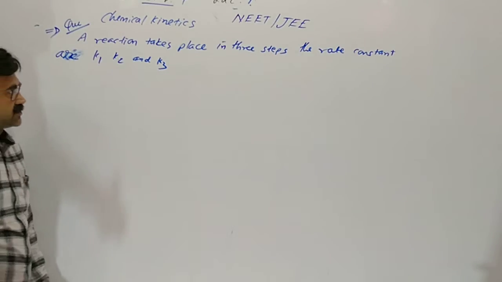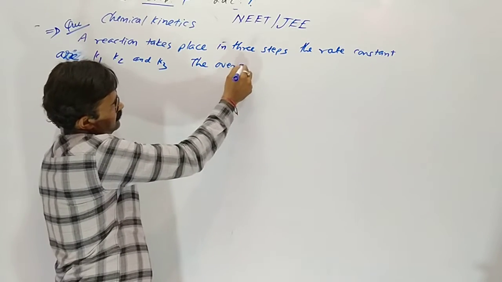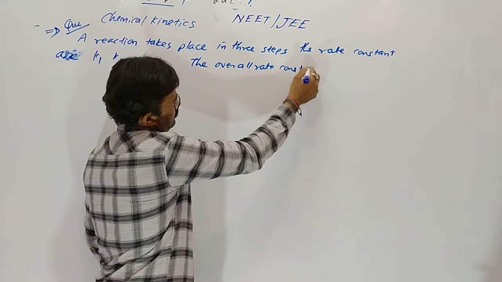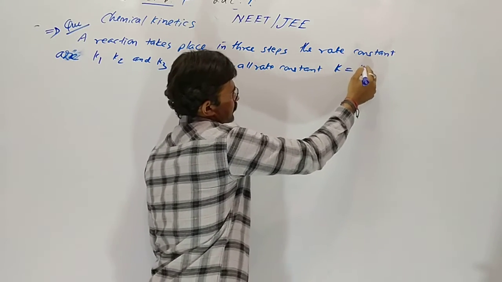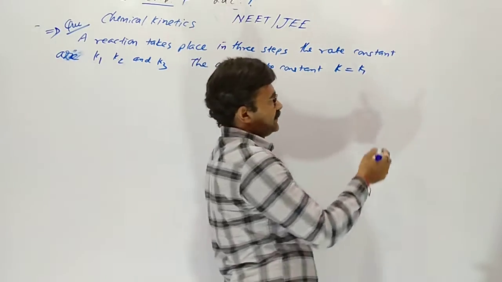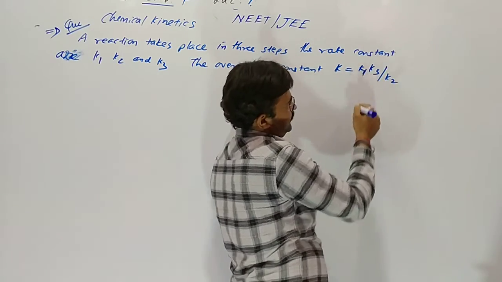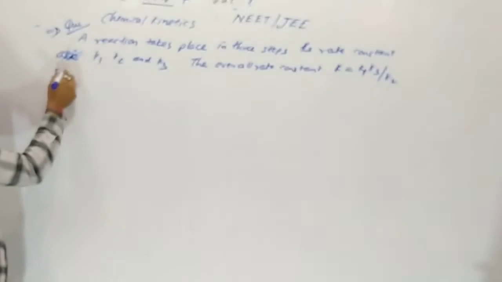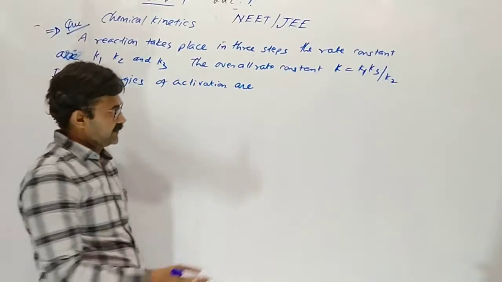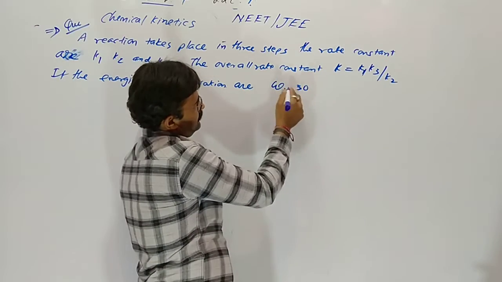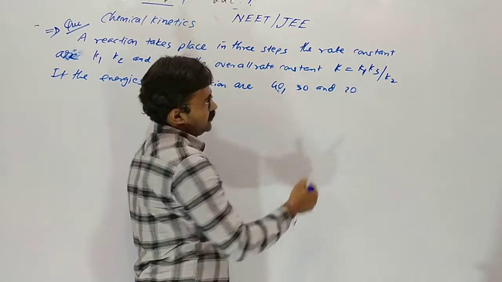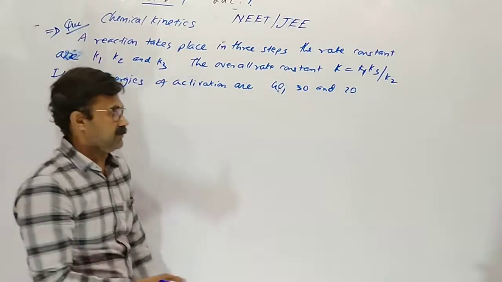The overall rate constant K is equal to K1 K3 by K2, is given. If the energies of activation are 40, 20 and 30 kilojoule per mole,